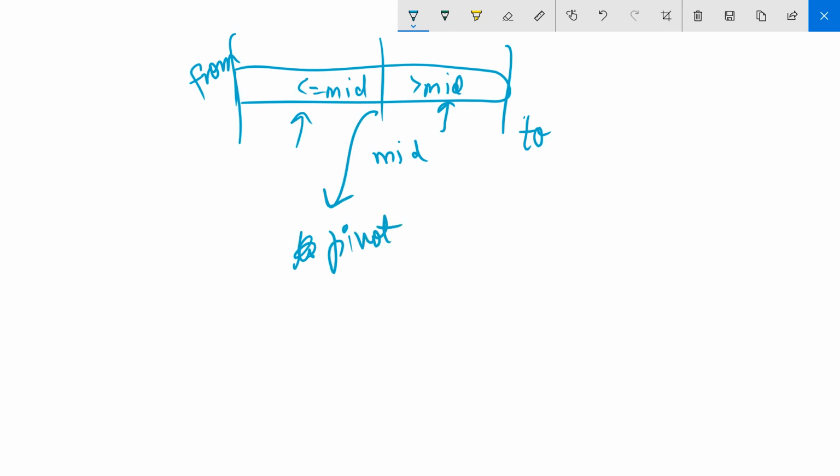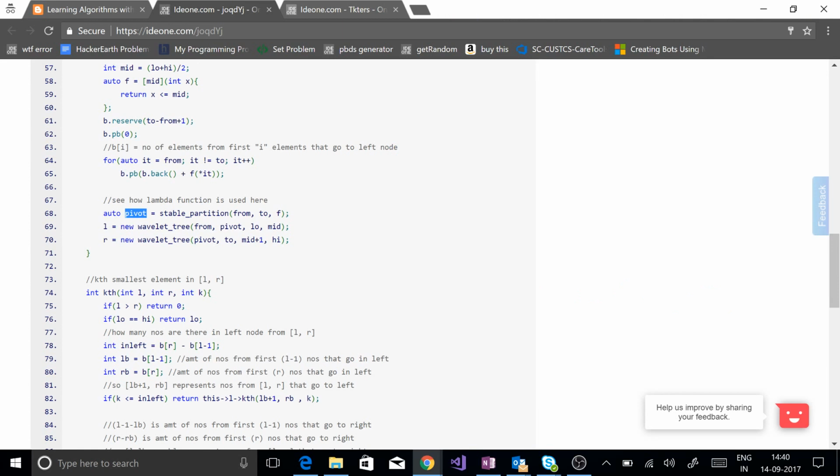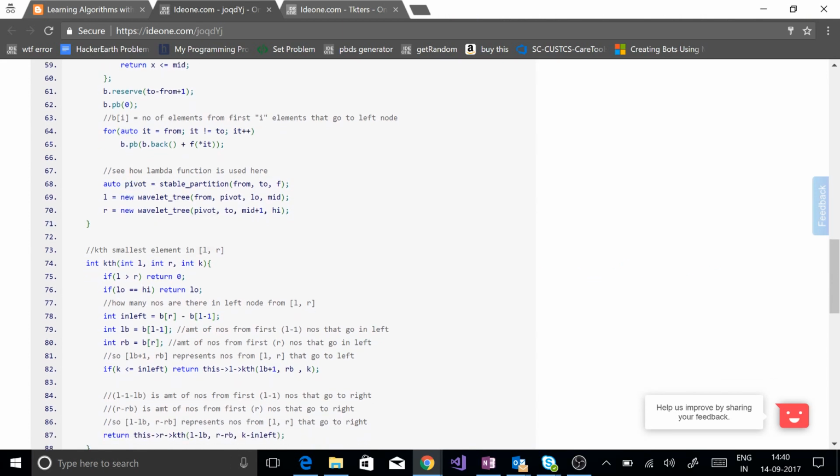So now you can call the left subtree and the pointers for that would be from to pivot, and for the right subtree it would be pivot to to. So low to mid is the interval for the array elements, and for this it is mid plus 1 to high, because less than or equal to mid are over here. So low to mid, mid plus 1 to high, greater than mid.